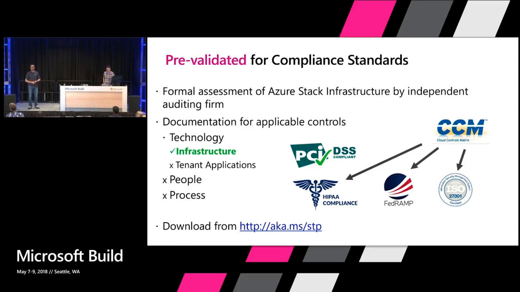So the second thing we did is we pre-filled the Cloud Security Alliance Cloud Controls Matrix, which is a framework and meta-mapping to about 30 different international standards, which include HIPAA, healthcare industry, FedRAMP, if you want to be a service provider for the US Gov, which is also one of the most comprehensive cloud provider standards out there, and ISO 27001. Those are just some, there are 30 more in there. So this documentation, both the PCI and the Cloud Security Alliance CCM, you can download for free from the Service Trust Portal. The link is here on the slide.